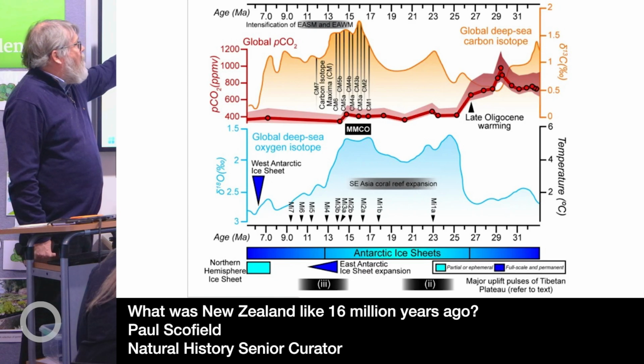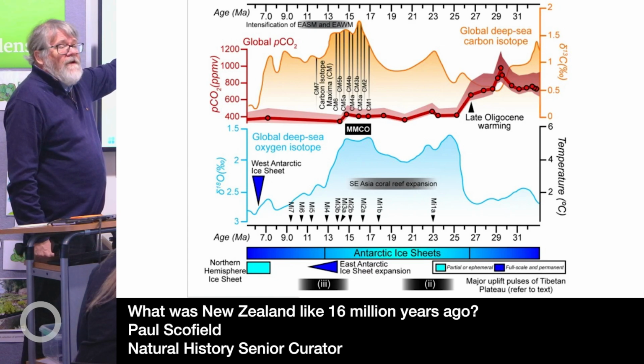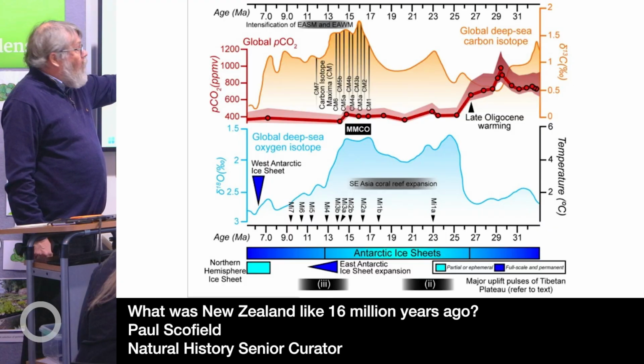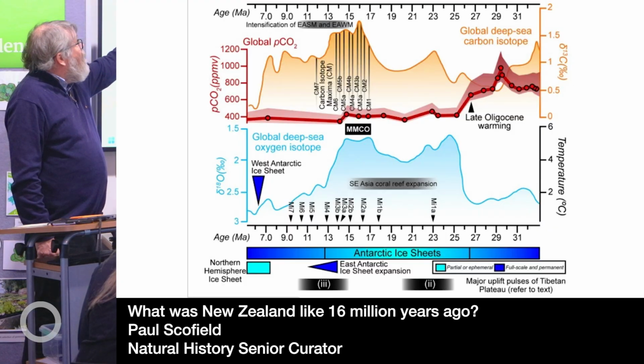By South Island standards, that could have been 10 or 11 degrees warmer in average annual temperature. And effectively what has been happening since what's known as the mid-Miocene climatic optimum, the MMCO, is that